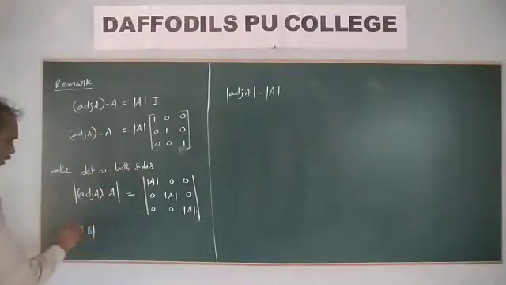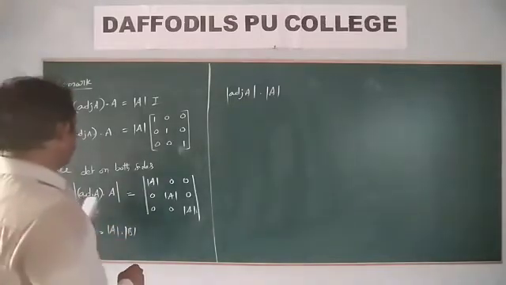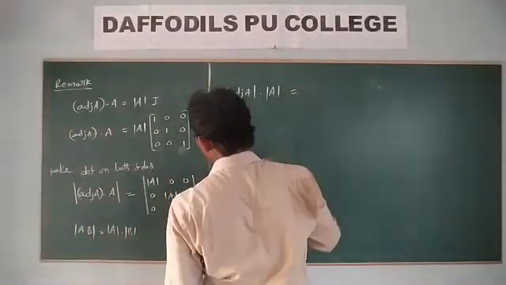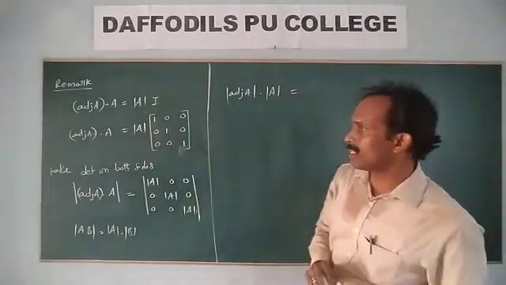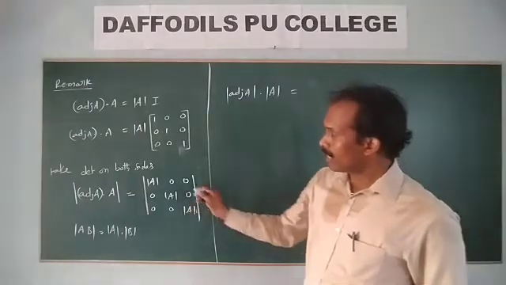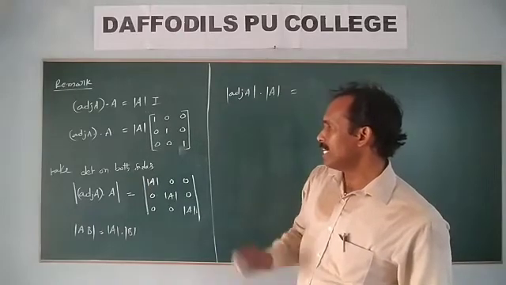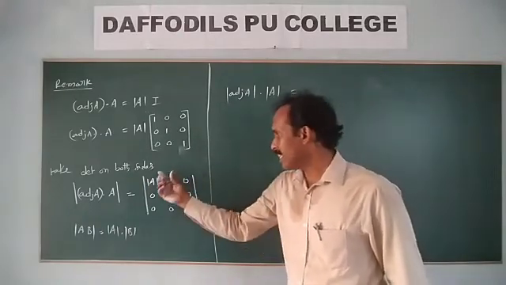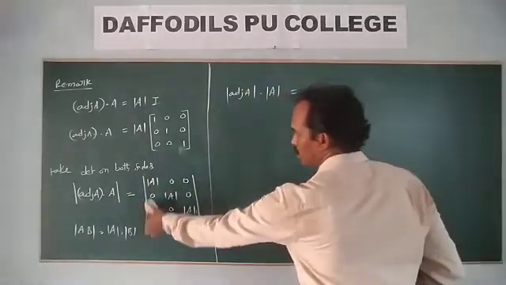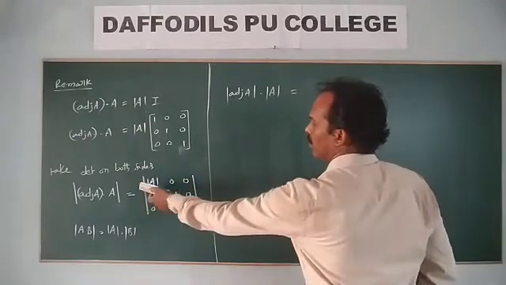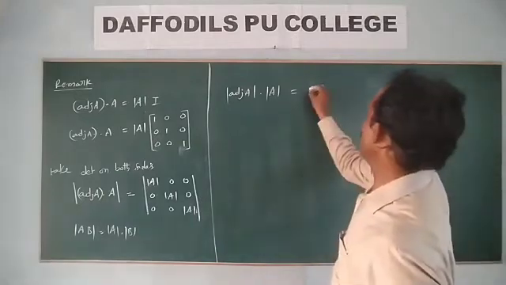Now apply the property: determinant of AB is equal to det A into det B. Use that property. This is the determinant, and the matrix means multiplying inside each and every element. But I want to take common. In a determinant, it is possible to take common from any one row or any one column. So that's why the choice was the first column, second column, third column. Overall, first row, second row, third row, 3 times taken common.